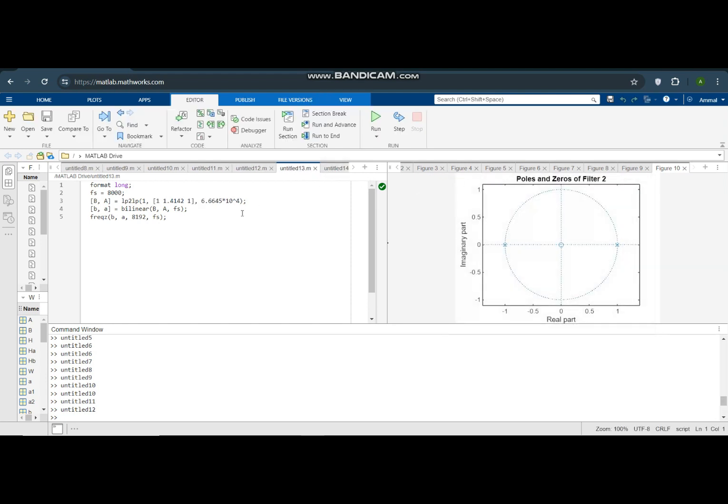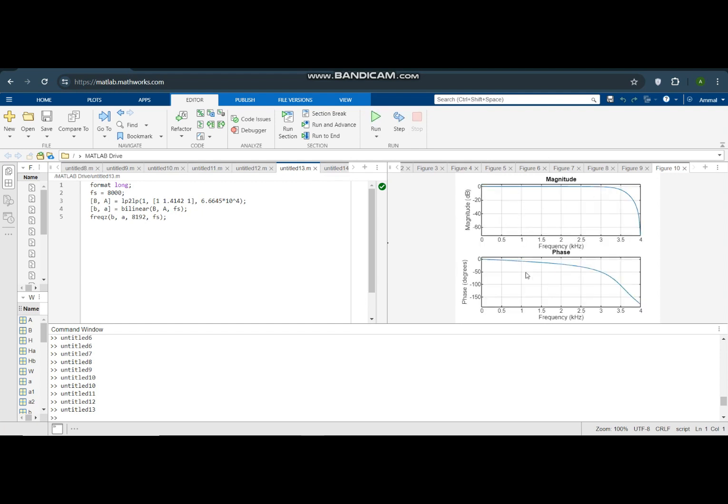For task 13, it is also similar to the previous one, but it is the low pass to low pass prototype transformation. As we know that the low pass is an ideal filter, and we can generate different filters from the low pass filter, and by using the different steps of the Butterworth or the Chebyshev filters, we can generate the outputs for the system. The magnitude and phase response for the specified low pass to low pass filter is provided in the figure.